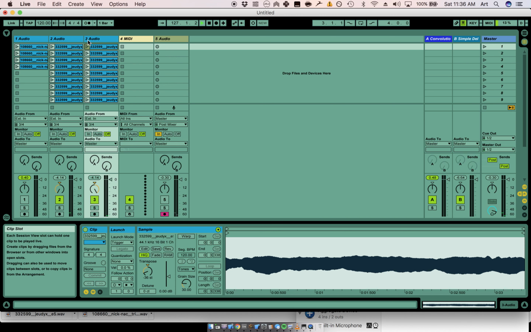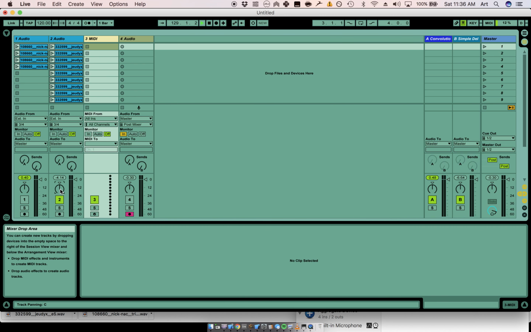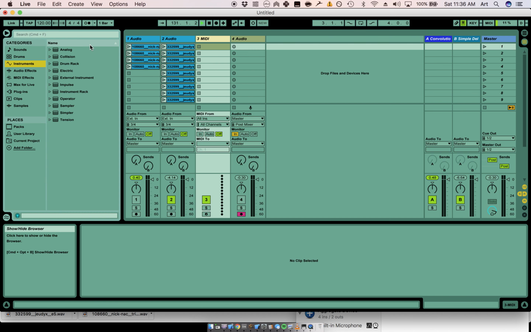So yeah, so there you go. That's a demonstration of what you can do with that. And one last thing I'll just show quickly is that everything we just did can also be applied to MIDI